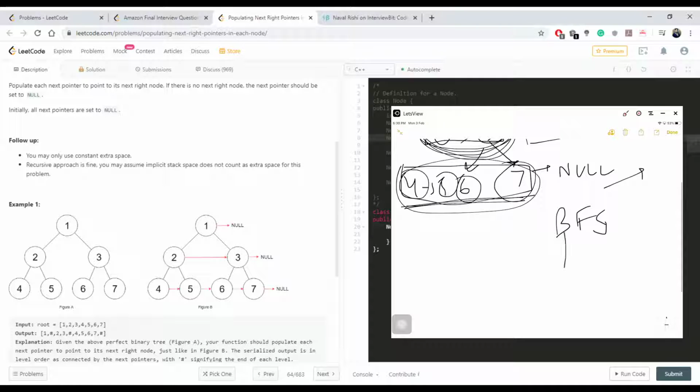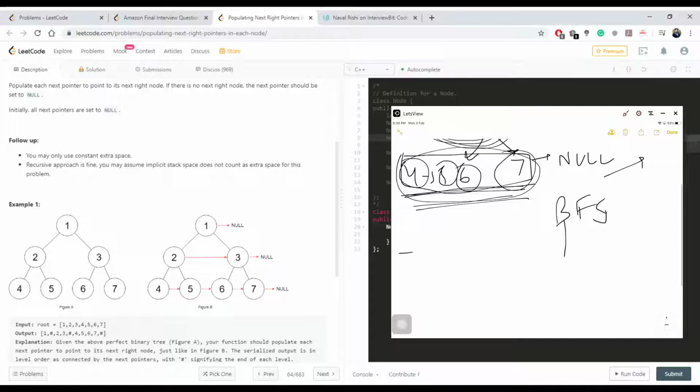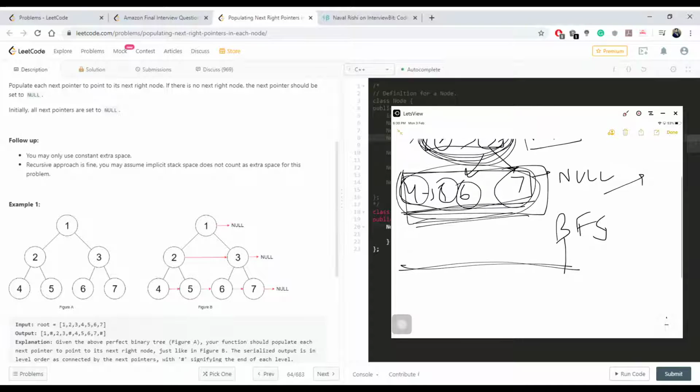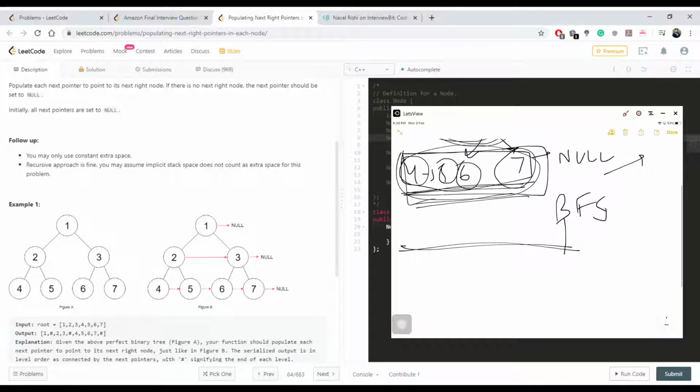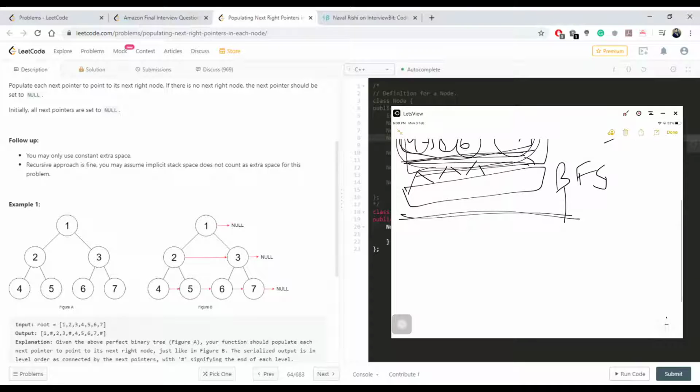So every time the sequence contains all the elements at the same level, even if nodes are skipped at that level, or these nodes have any number of children, they're going to be processed next. So you'll be processing each level in the queue one by one,